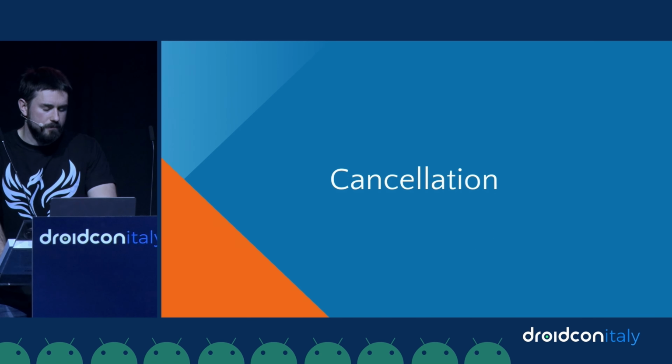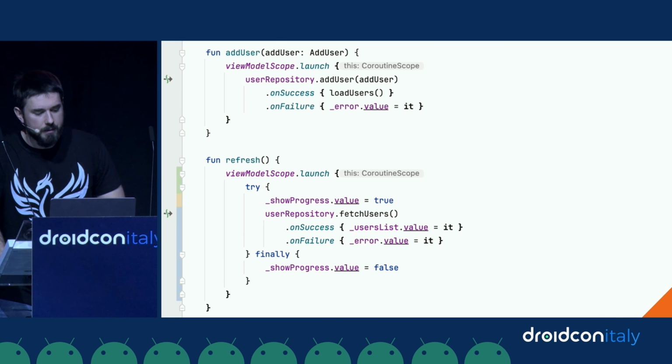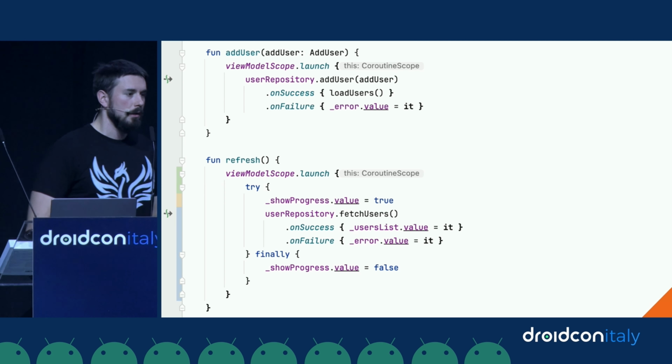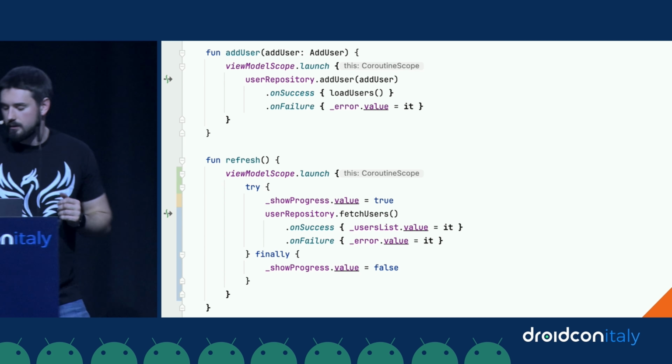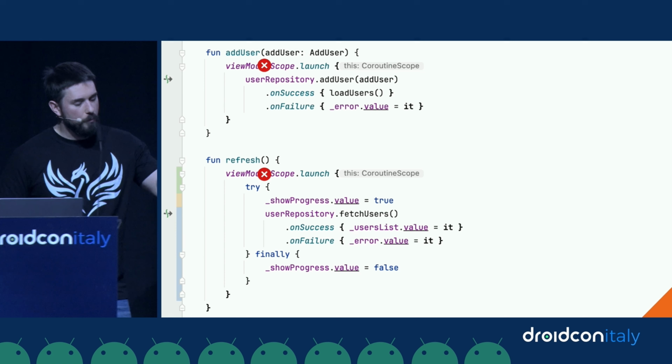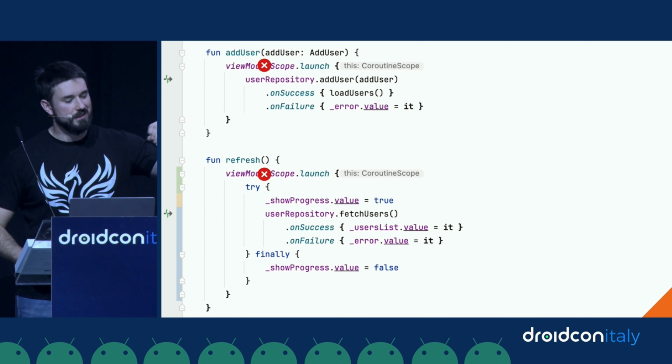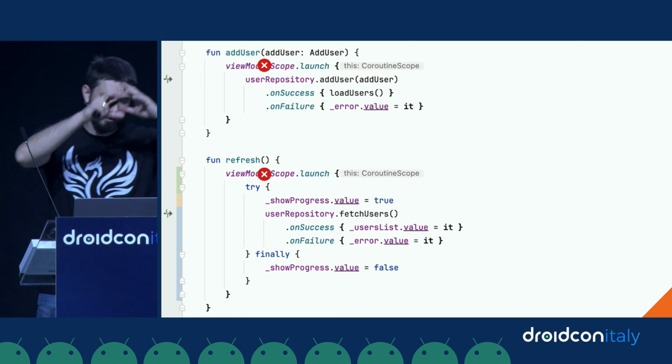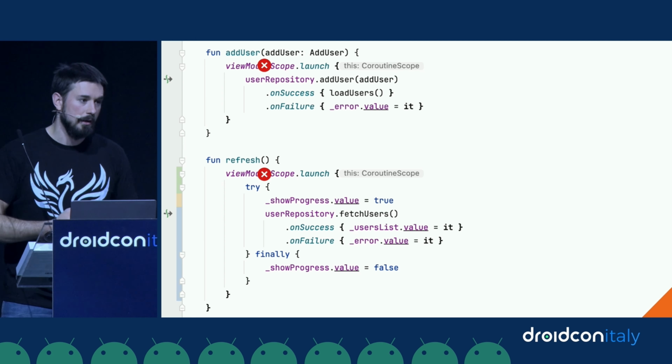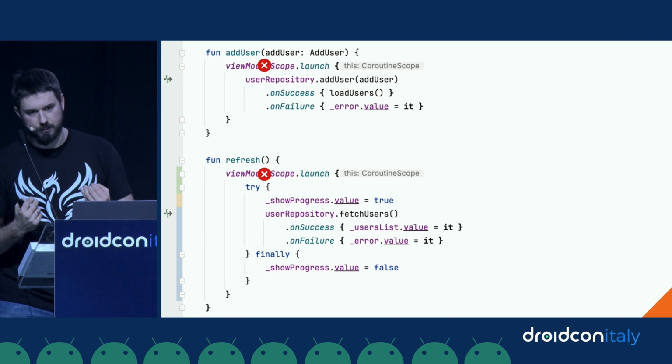So how does it work? Essentially, the idea is very simple. When you cancel the scope, this scope cancels all its children. Those children cancel all their children. They cancel all their children. All the coroutines get cancelled. But what happens to the body of those coroutines? They shouldn't get